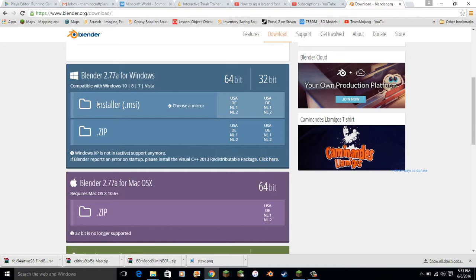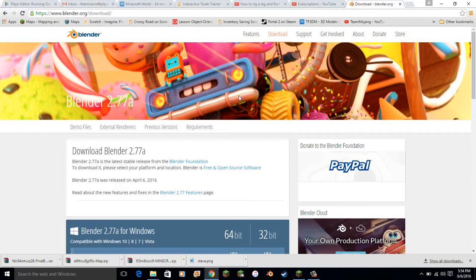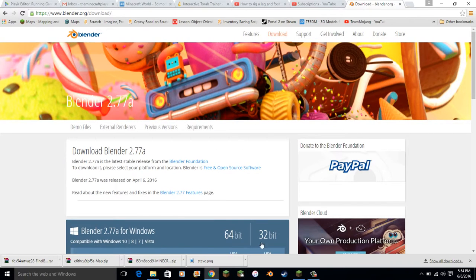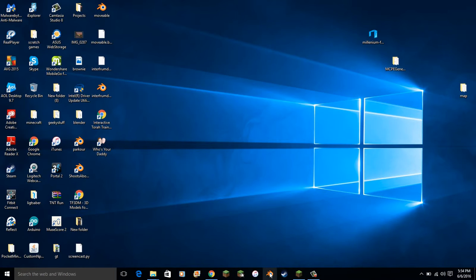They finally added a USA option. I downloaded the Germany one actually, probably a little different, I don't think it is. Whatever. Anyway, you download which one you want. I already have Blender downloaded, so I don't need to download it twice. So basically, install the package, and once you have installed the package,